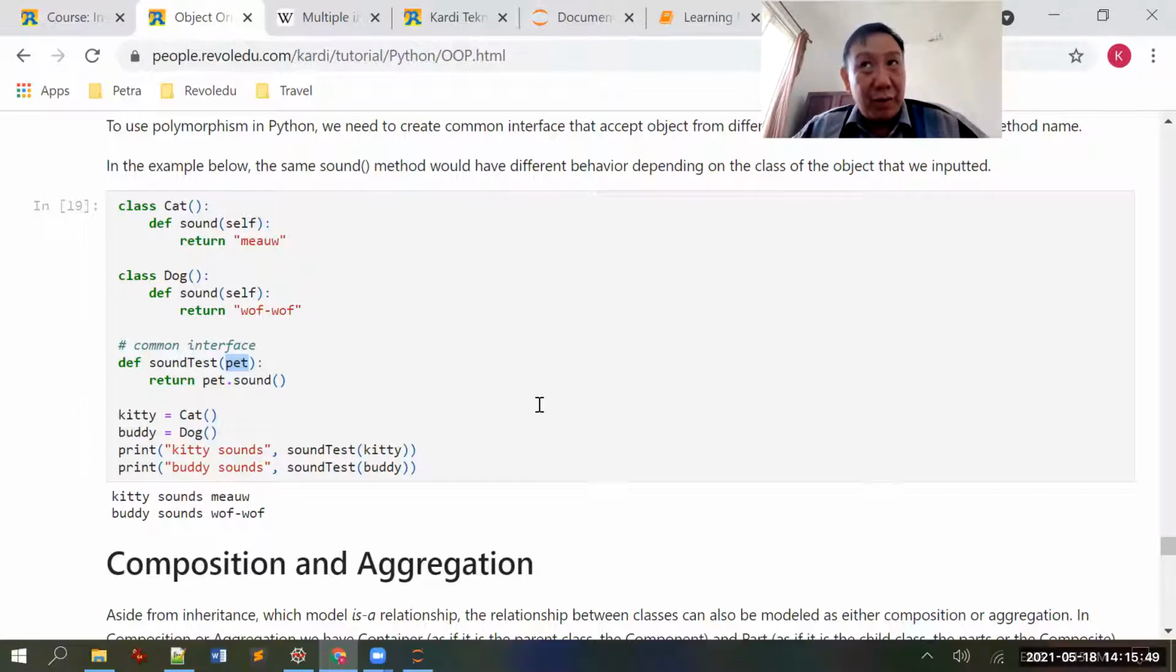I remember Joy and Livy created a program and had this problem. You have so many elif, right? So then you can create a class for each and then create a common interface. Okay, until here,